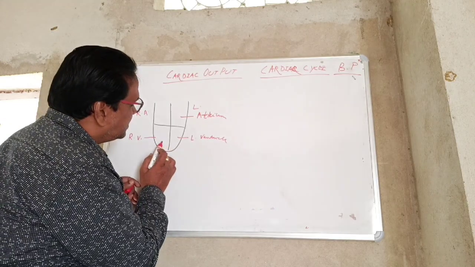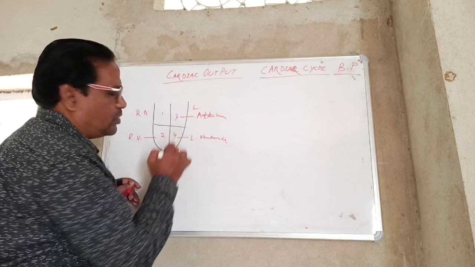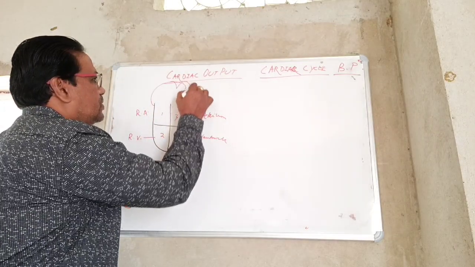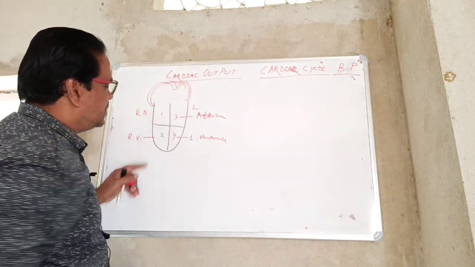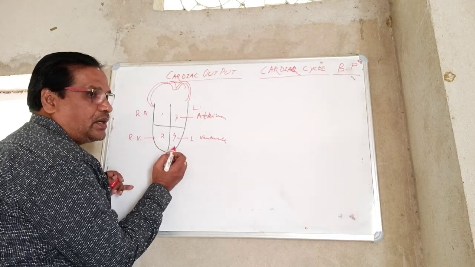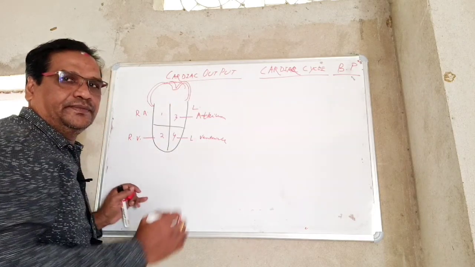That is 1, 2, 3, 4, the four chamber structure already discussed with you. From the second and fourth chambers, blood is propelled outside